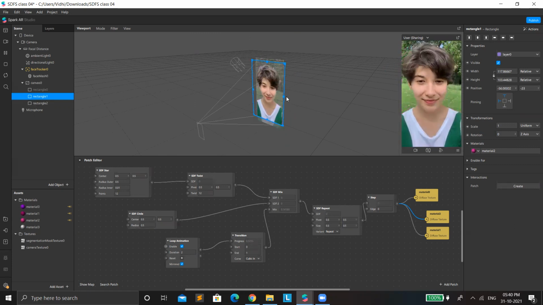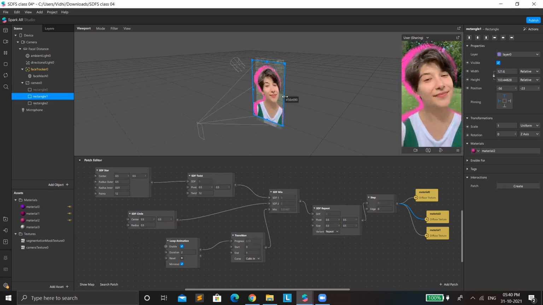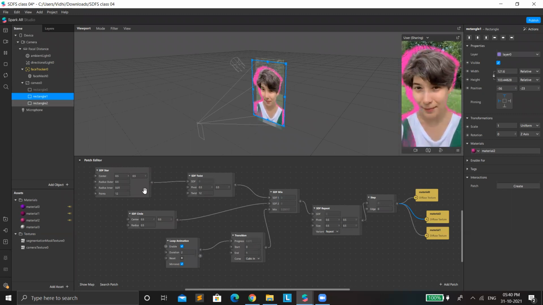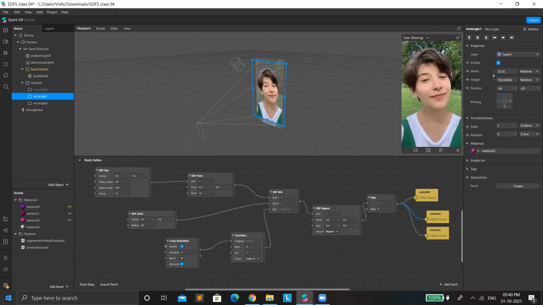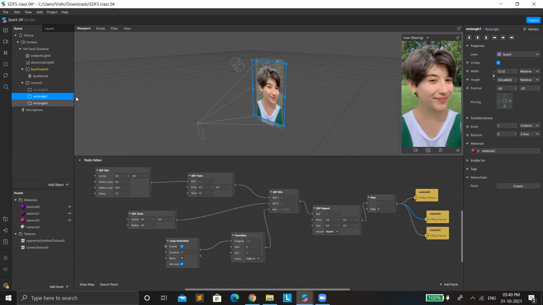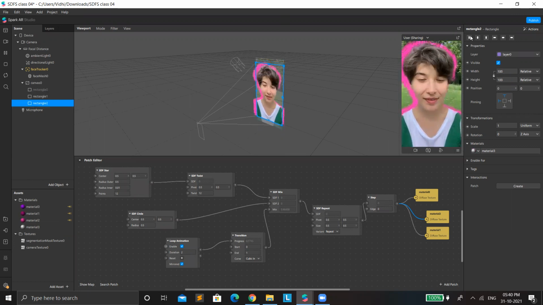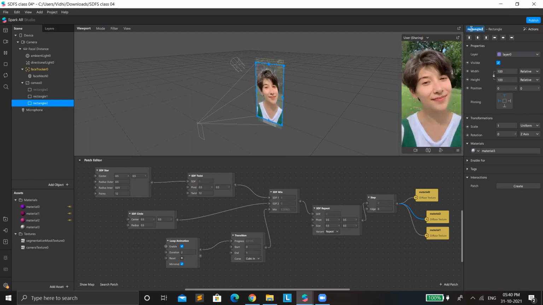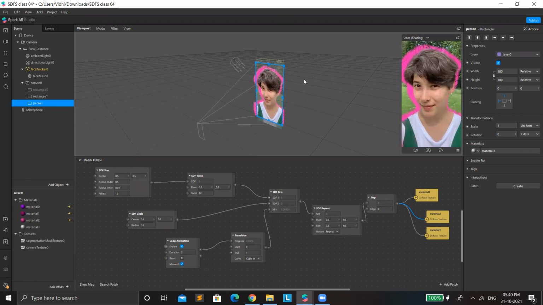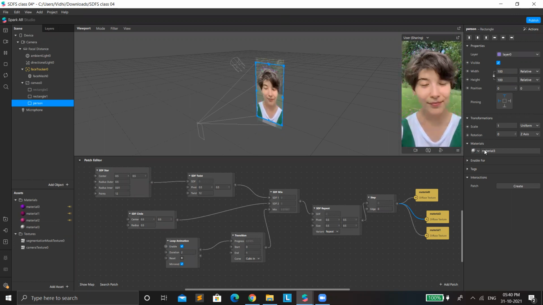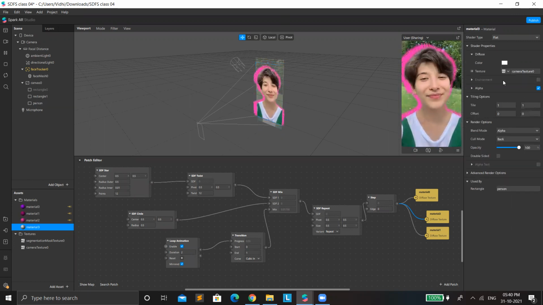So like this, you can create filters like this. So even this looks fine. And if you want to add a blur effect to just this person segmentation, first of all, just try to give the name. If you want to give a LUT effect to this, what you can do is extract this